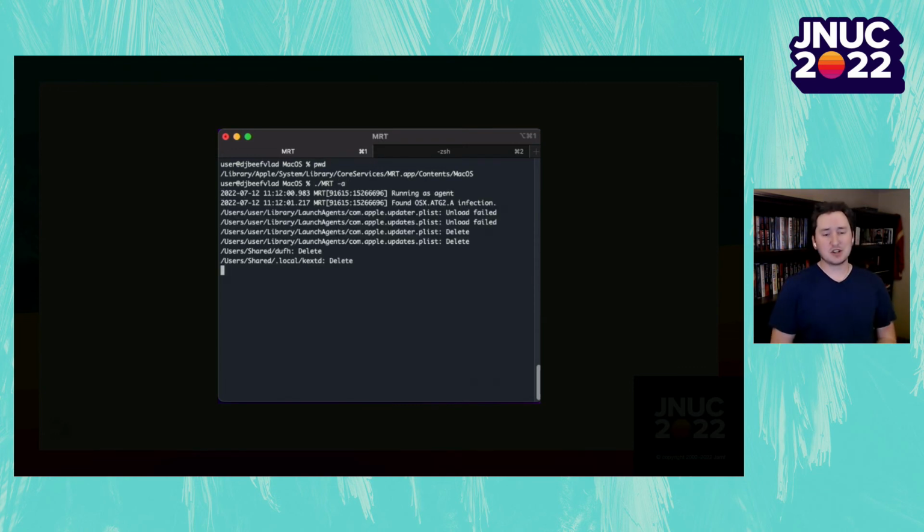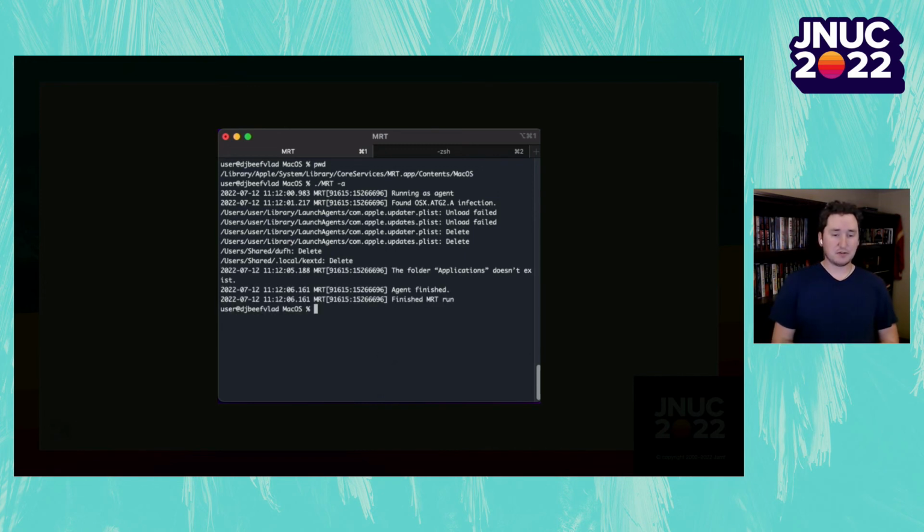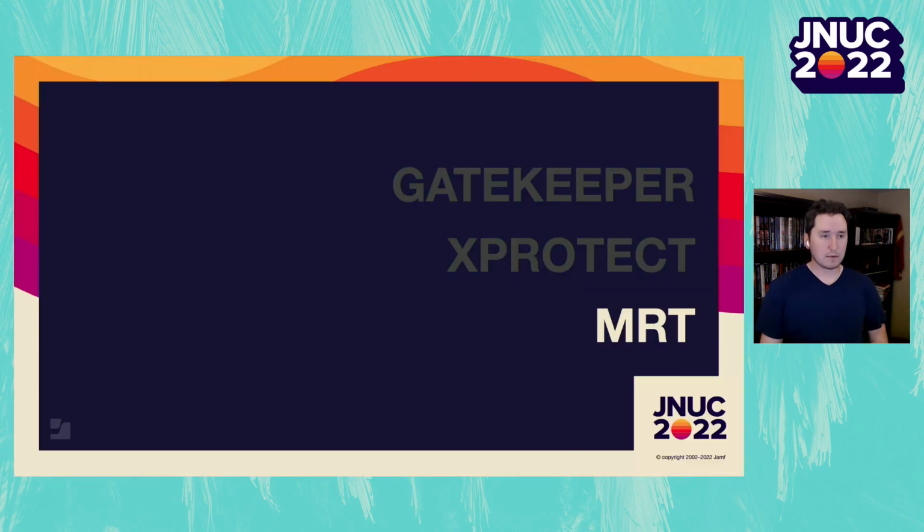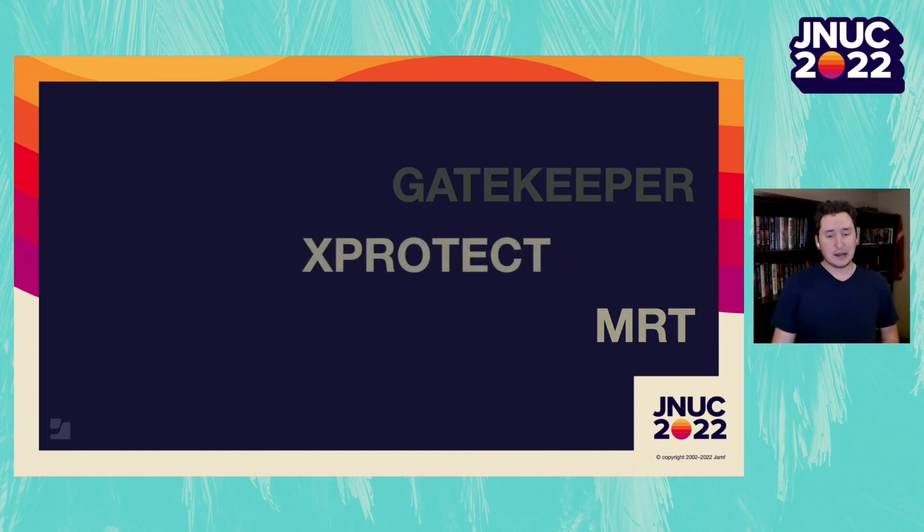So I'm just going to run it as an agent. And again, you don't have to do this from the command line. It'll do it by itself. But we did find that ATG2 malware, and it did fail to unload the plists, which makes sense because we didn't load them in the first place. But then it subsequently deleted all 4 of those files that we created. So that's MRT in a nutshell, but MRT actually seems to be folding into a new product, as we said,